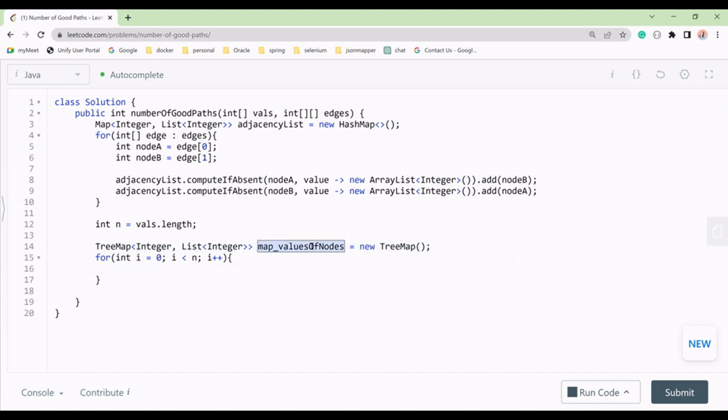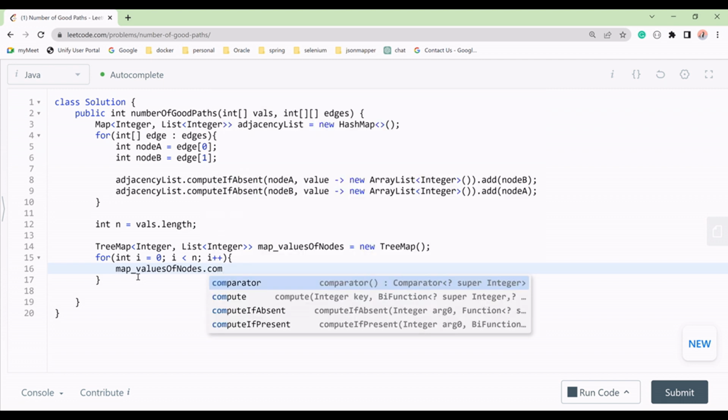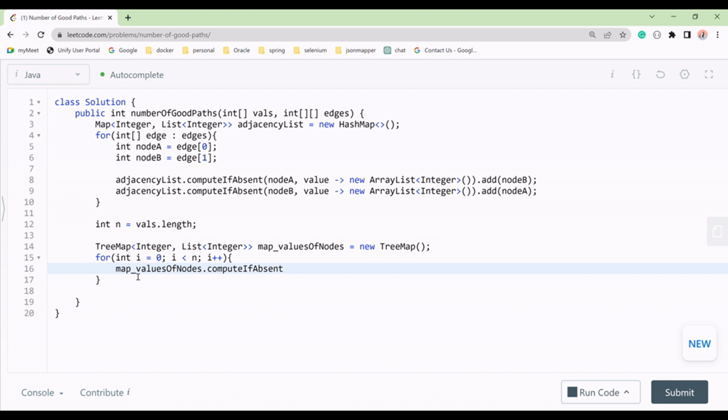So what we have to do? This node we have to maintain. How will we maintain this? We'll check computeIfAbsent, and we are passing vals, right? So first we'll pass its val value, at all its nodes. At a time one node will pass, and we'll pass its value. We'll store the value and all the nodes that have the value. So I'll take a new ArrayList of integer like this,